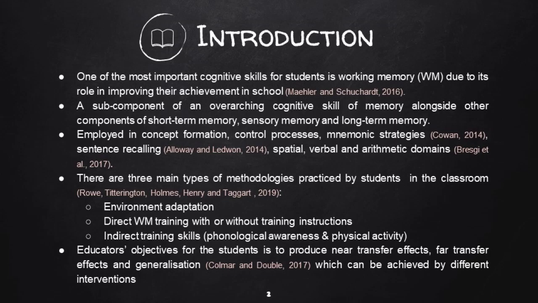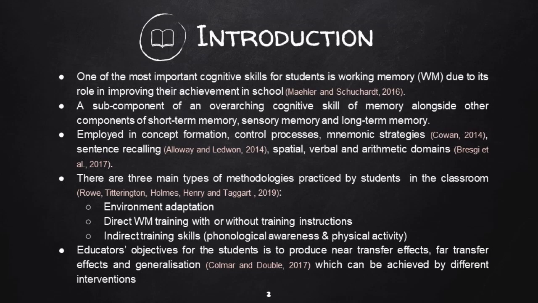More educators are learning of the vast cognitive functions of the brain and planning their lessons according to these to have a more applicable and efficient learning process for students. Several examples of these functions are working memory, attention, mental flexibility, self-regulation, planning, inhibition, and organization. One of the most important cognitive skills for students is working memory due to its role in improving their achievement